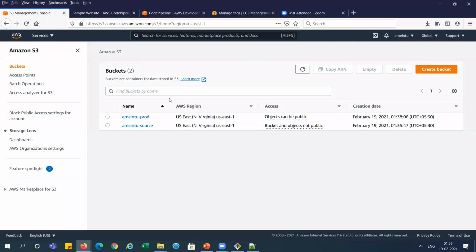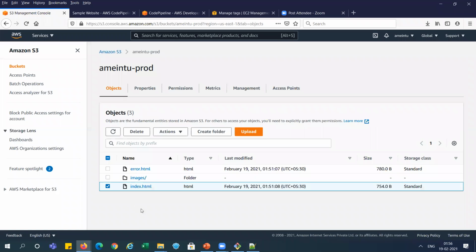Let's check what is the version deployed in the production, so we can confirm whether it is the correct or not, right? You can see this index.html is there because we have just unzipped the zip file.